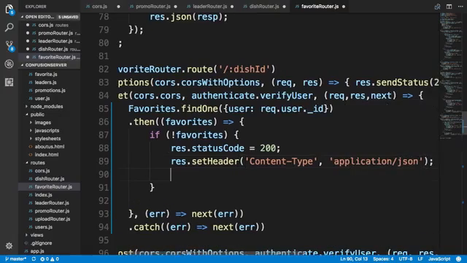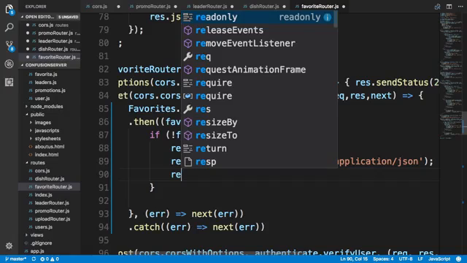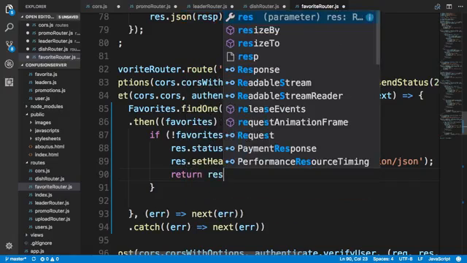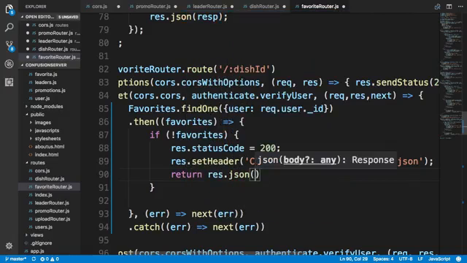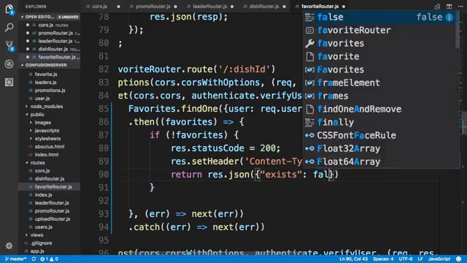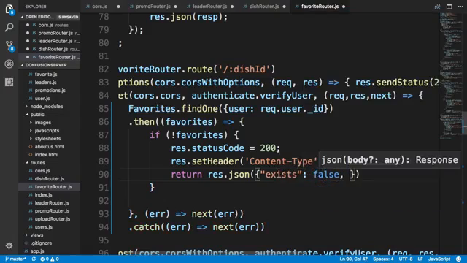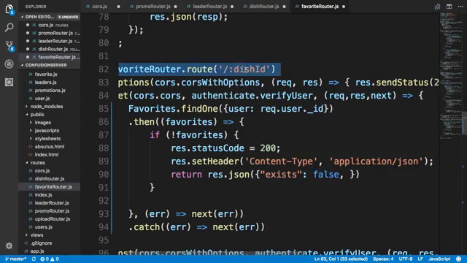And then we'll return saying exists false. So what we are specifying here is that if the get is done to this endpoint with a dish ID,